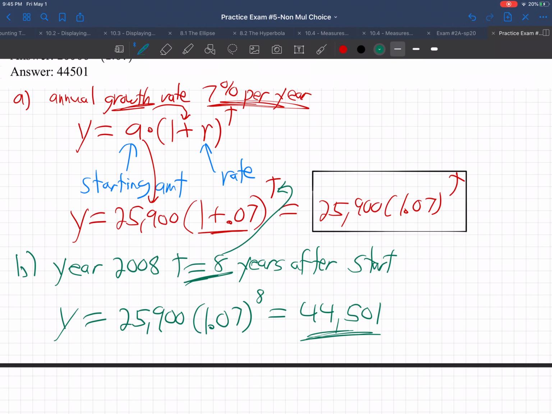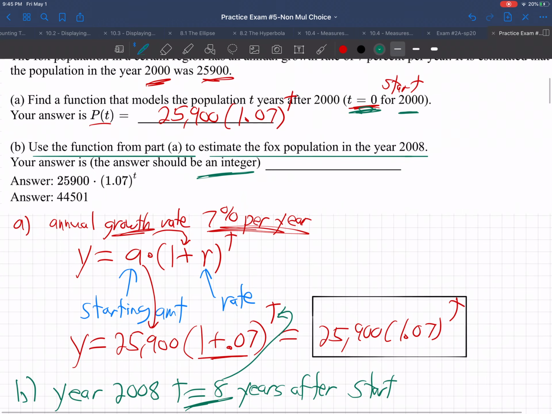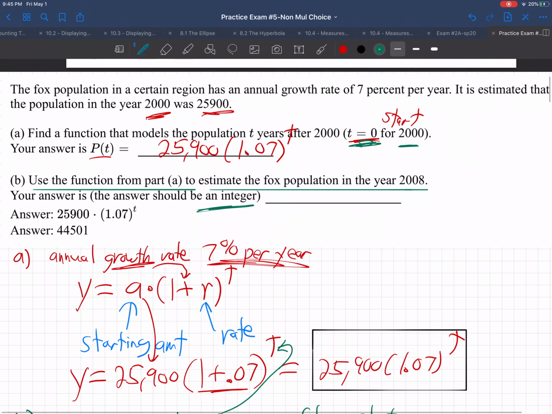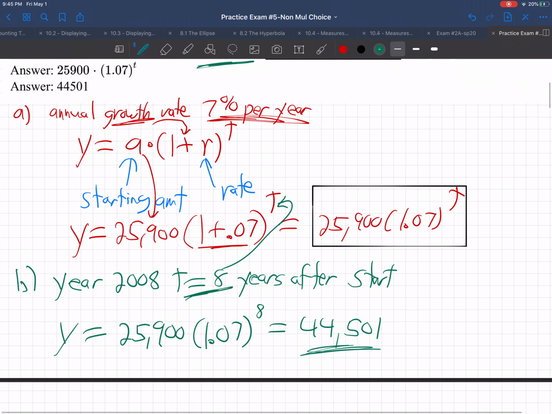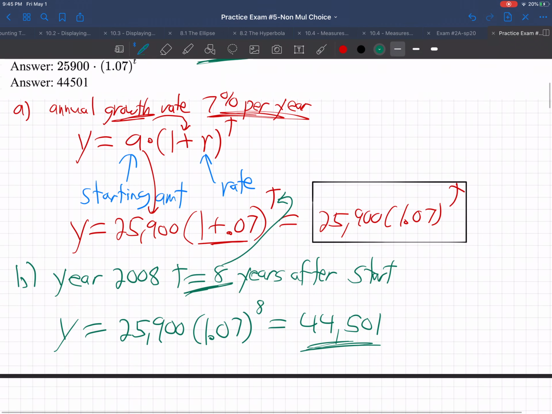There we go. 44,501 would be the number of foxes. It's growing, right? In the year 2000, it was 25,900. It's growing 7% per year, so 8 years later, it would grow up to be 44,501. That fox population